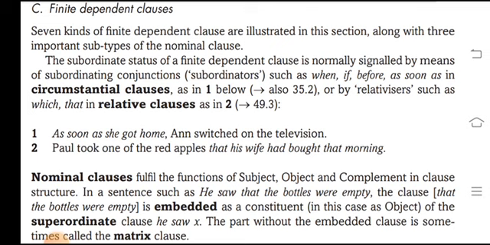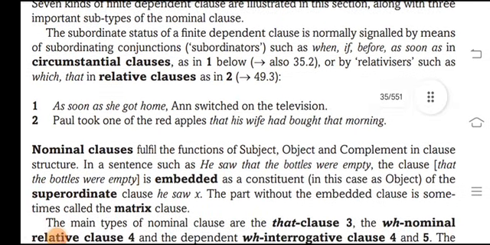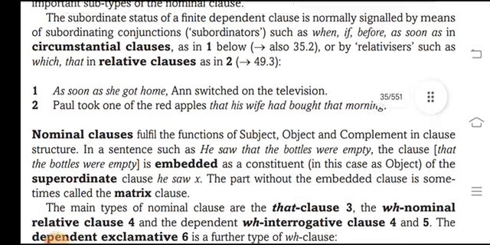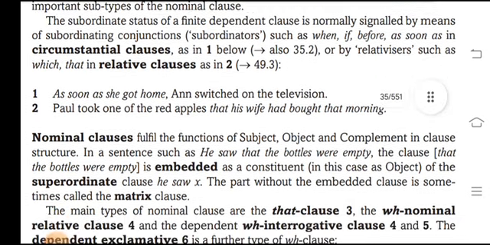The subordinated status of a dependent clause is nominally signalled by means of the subordinating conjunctions, such as when, if, before, as soon as, in the circumstantial adverbial clause, as in "when the bell blows", and also "as soon as", or by the